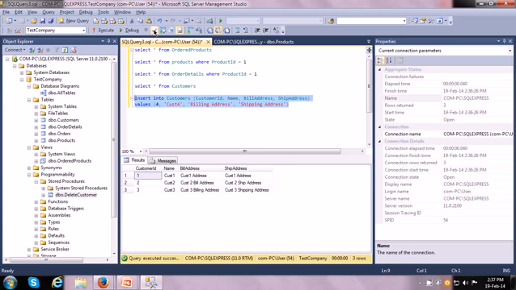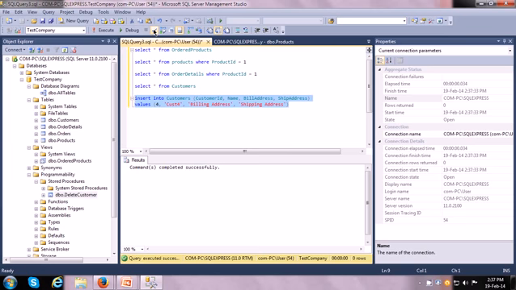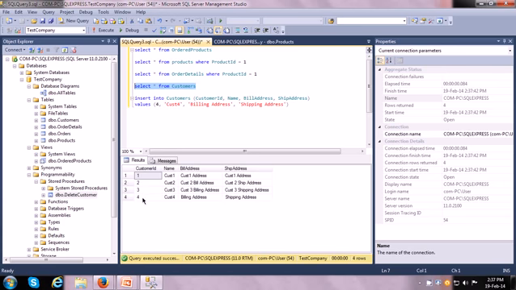Let me parse this query to see if it is fine, and now let me execute it. It says one row is affected, so that is what we were expecting. Now we are getting 4 customers here. What I just inserted, cust4, billing address, shipping address, is now another new row in the customers table.